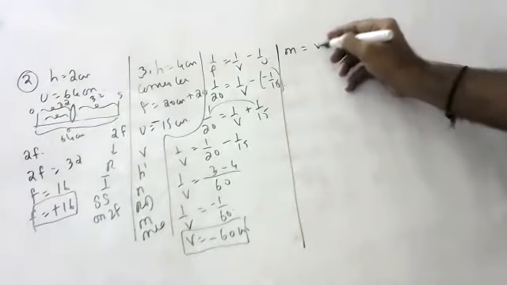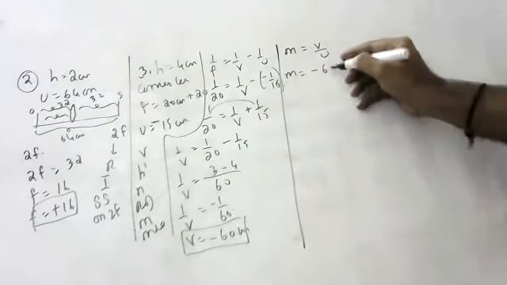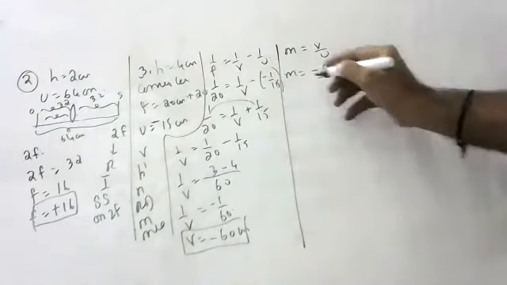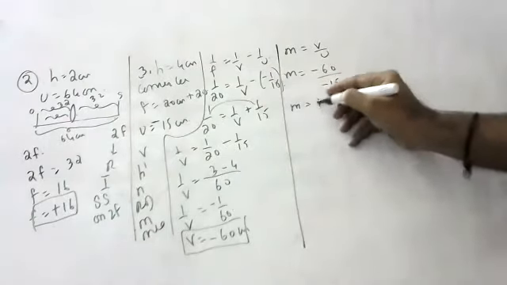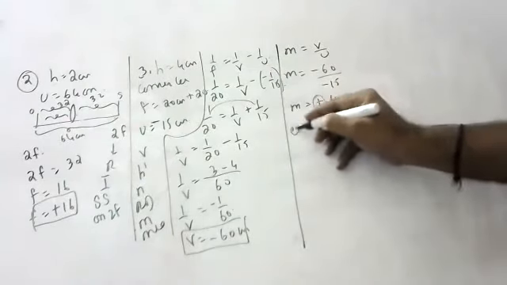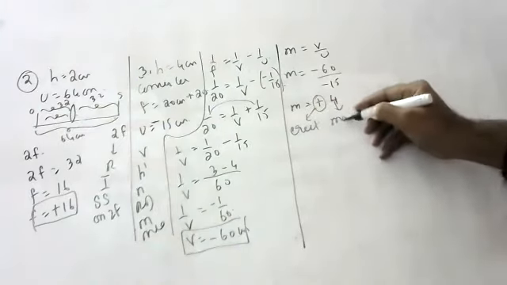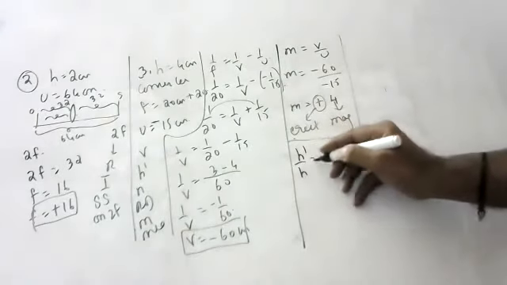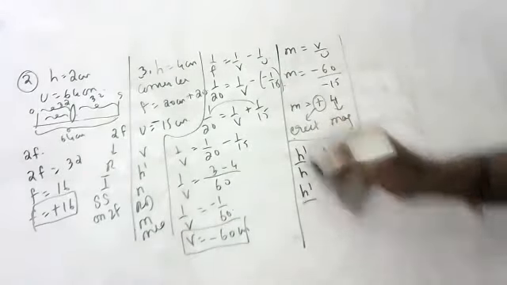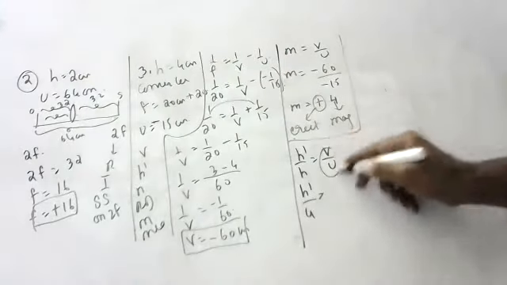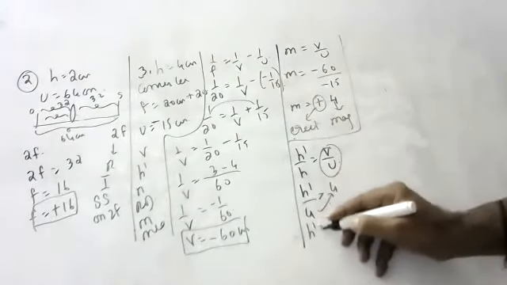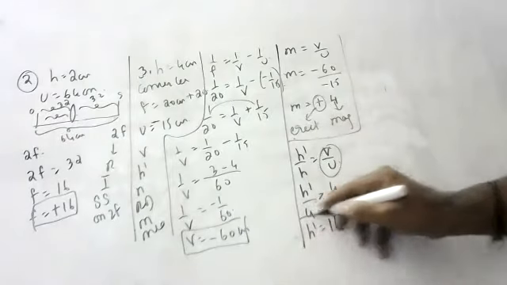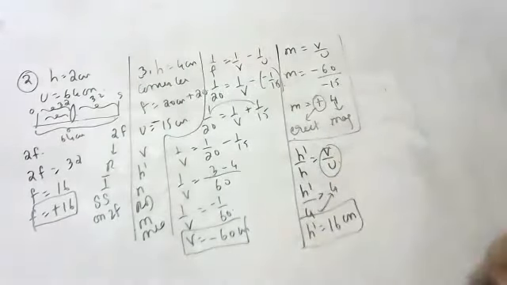When v is equal to minus 60 centimeters, magnification is v by u. Minus 60 by u, u is how much, children? Minus 15. So magnification you are getting is plus 4. Plus means erect. 4 means highly magnified, 4 times magnified. And what is the formula, h dash by h is equal to v by u. h dash by h is 4, and v by u is 4. So h dash becomes 16 centimeters. Initially it was 4, it became 16, a lot of magnification.